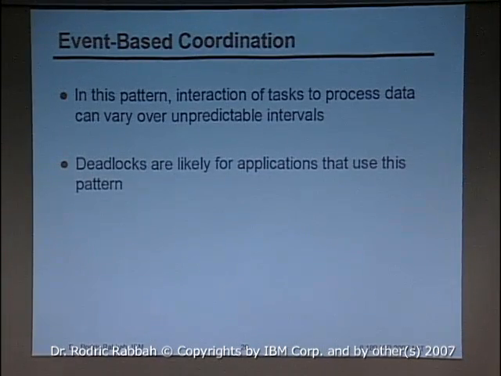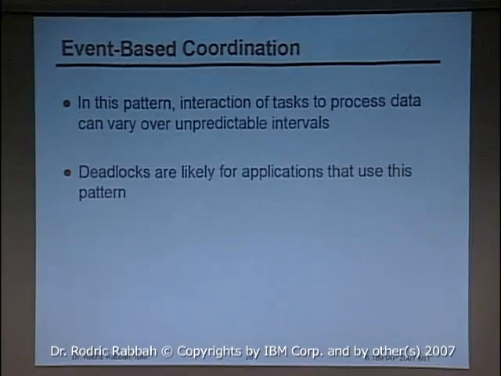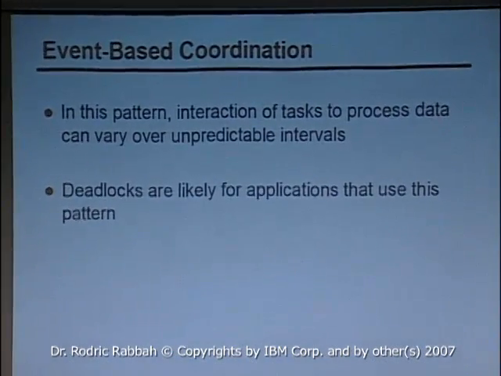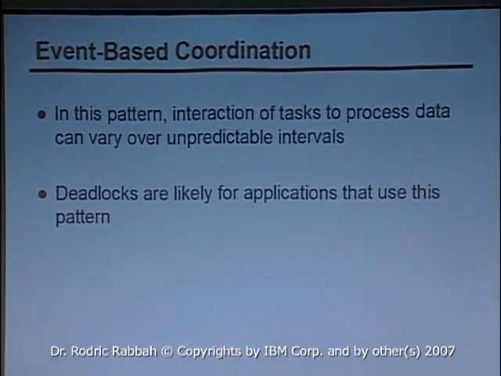In event-based coordination, these are interactions of tasks over unpredictable intervals, and you're more prone to deadlocks in these applications because you might have cyclic dependencies where one event can't proceed until it gets data from another event, but that one can't proceed until it gets data from yet another event. And you can create these complex interactions that often lead to deadlock. So you have to be very careful in structuring things so you don't end up with feedback loops that